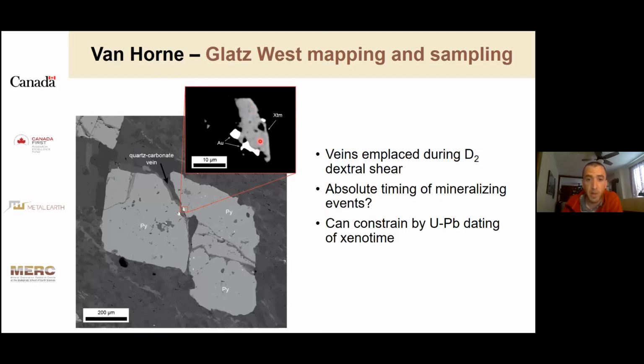Xenotime is a great mineral to try and date by U-Pb methods. And so this is a great example of what Ross was talking about. You need to do this work to find these textural associations to be pretty confident that if we date this xenotime, we can date this gold emplacement event. So although we haven't obtained the date here yet, we did have some great results from the regional work,